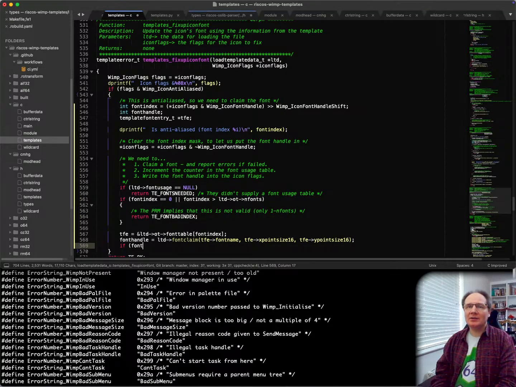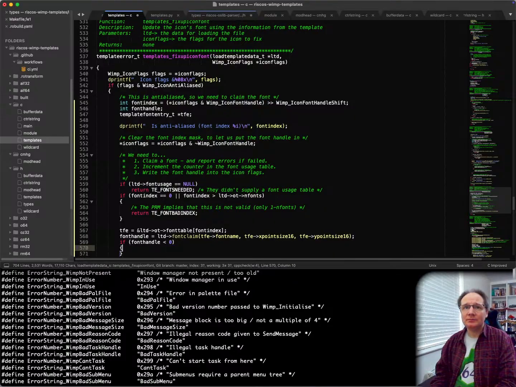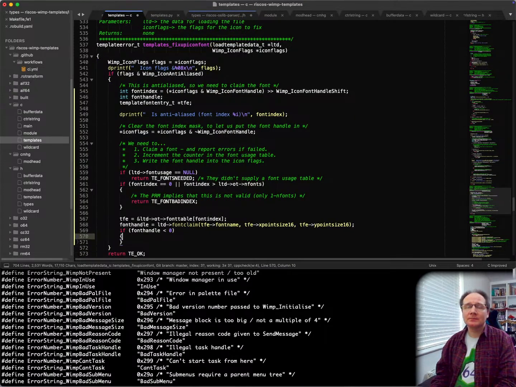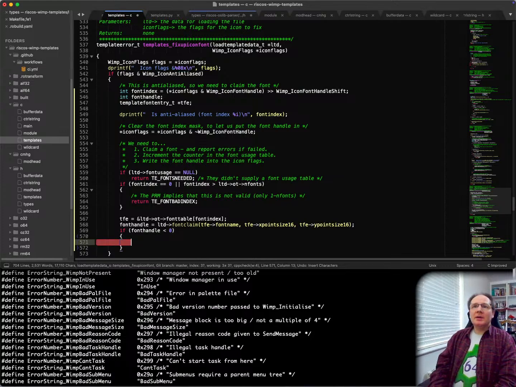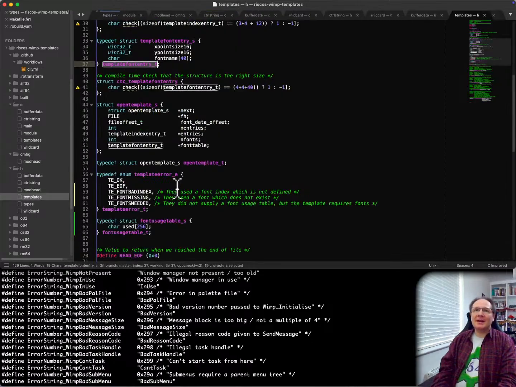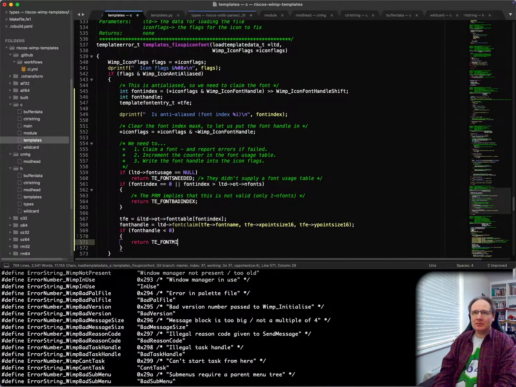If font handle is less than 0, then we can return, what was the bad font one called? Font missing. There we go. Otherwise, the font handle can just be incremented in the array. So LTD